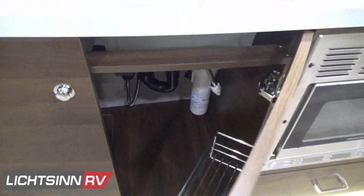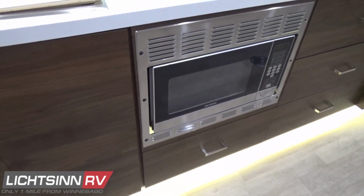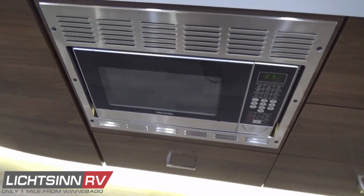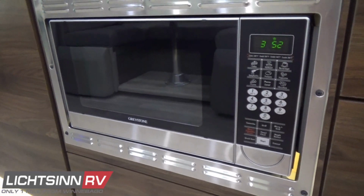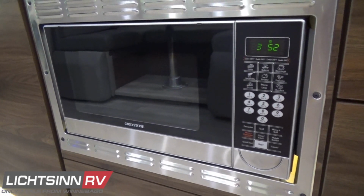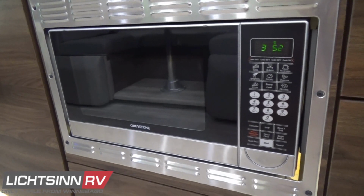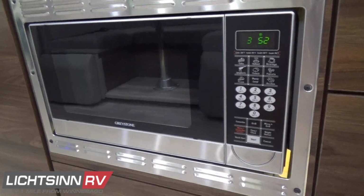Also continuing on with smart storage capability, we have those racks integrated into the doors. This is the stainless steel microwave and convection oven, which is undermounted. So if you are shorter in height or if you're pulling things that are really warm out of the microwave and convection oven, you're not doing it over your head. This allows you to bake, brown, and roast just like a traditional oven, yet it frees up that drawer stack